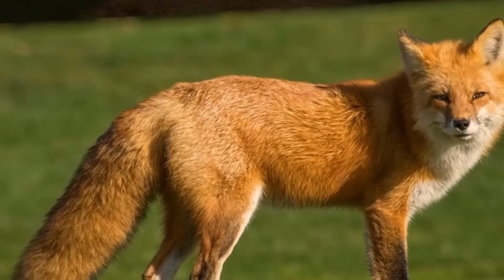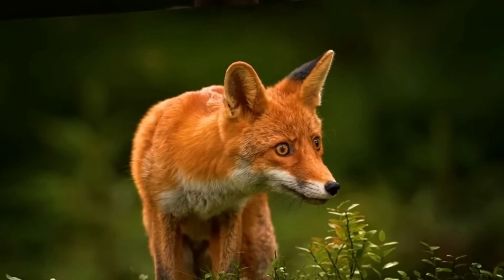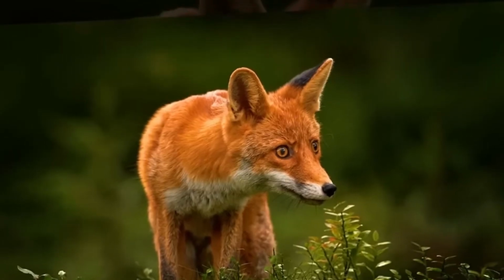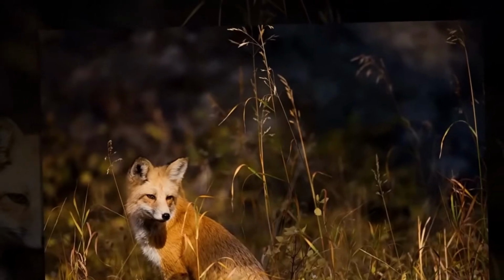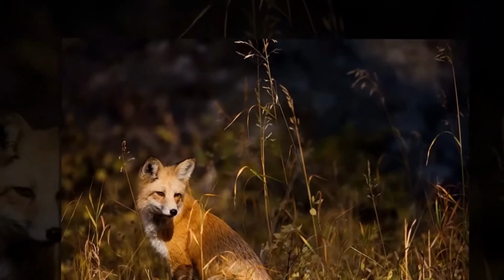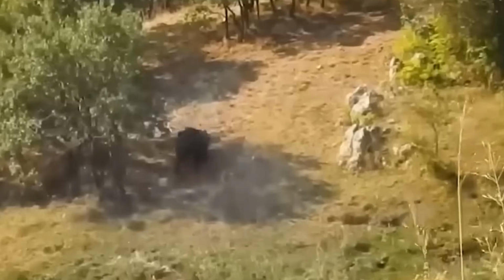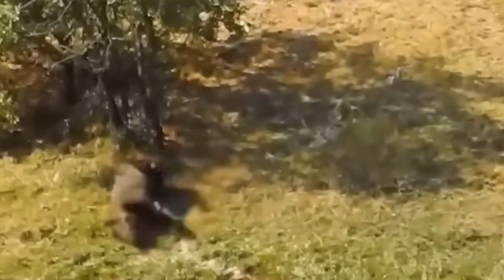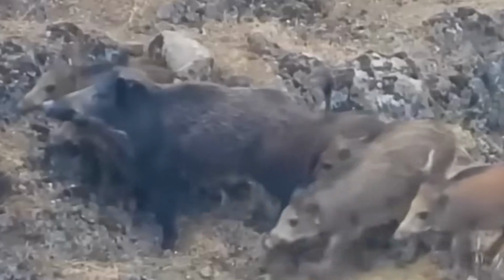The damage caused by wild boars often results in significant financial losses for farmers and rural communities. To address this, some governments offer compensation programs or subsidies to farmers affected by crop destruction. This financial support encourages cooperation with wildlife management efforts. In addition, wild boar meat is sometimes harvested and sold, turning a wildlife challenge into a source of income and